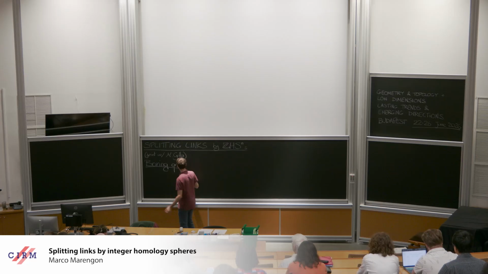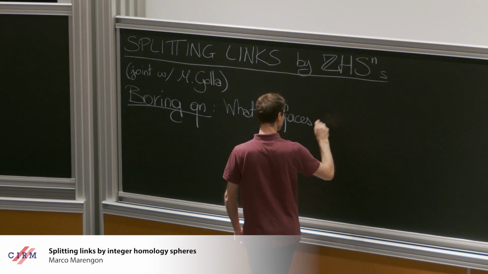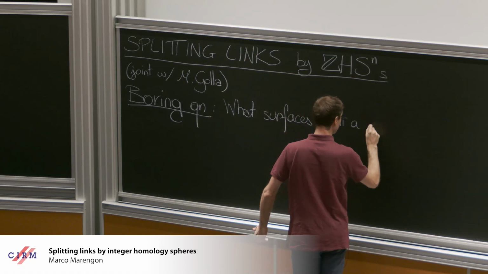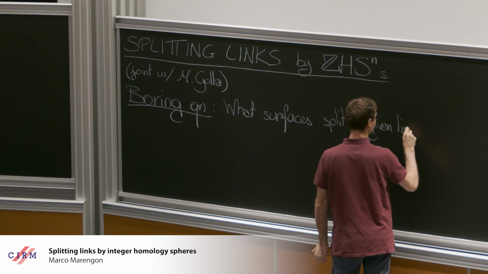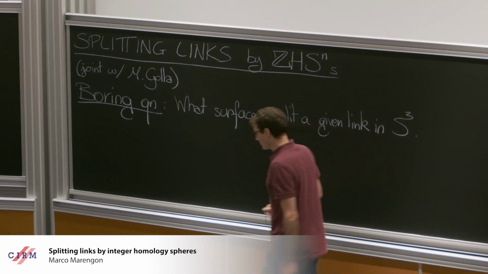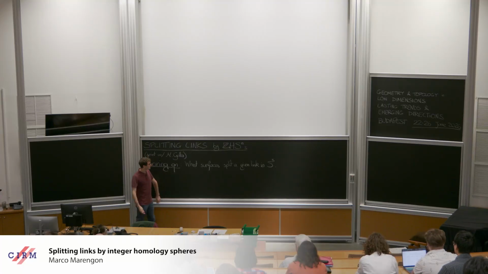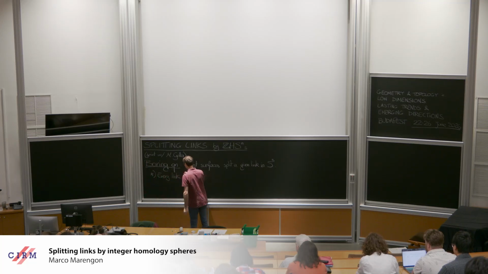And the question is, what surfaces split a given link in S3? So if you consider a split link, this is a link that is split by an S2 embedded in S3, so this is the classical notion. And what I'm asking is, what happens if I consider other surfaces? And I claim that it's a boring question, because every link with at least two components is split